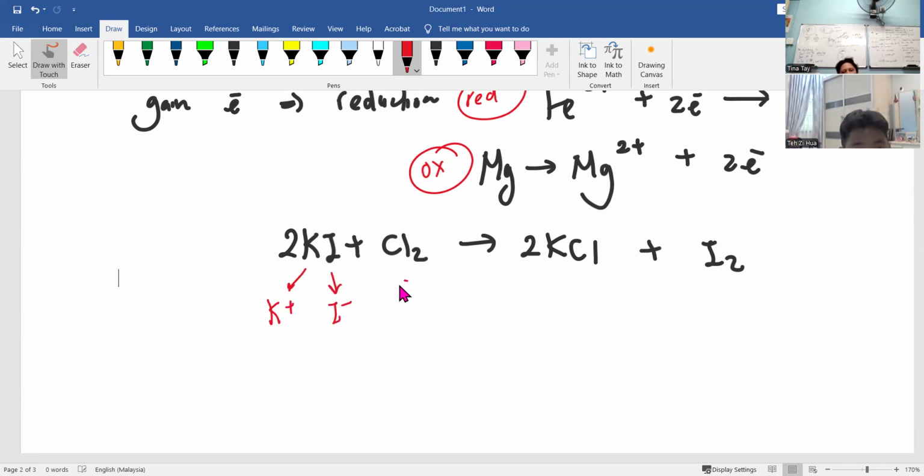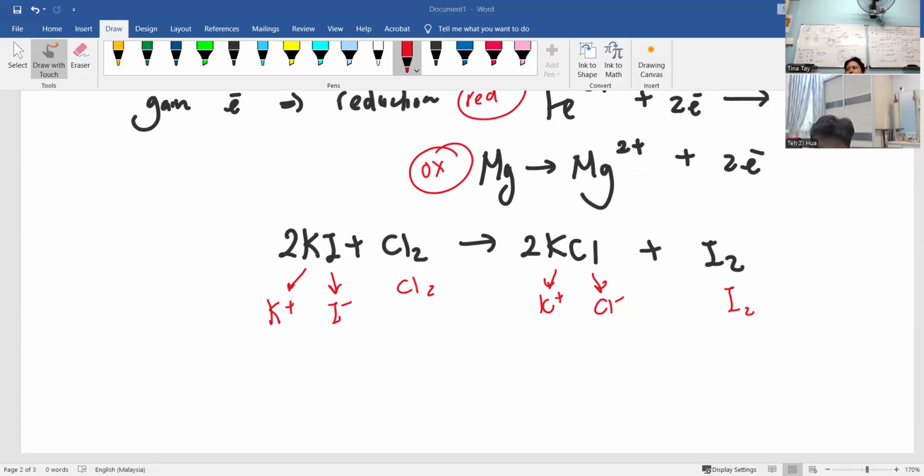This is an ion. This is molecule. This is ion. This is ion. This is molecule, right? Correct, or not? Right? Okay. Based on both,